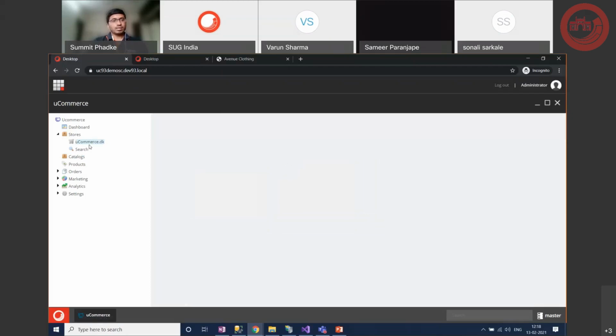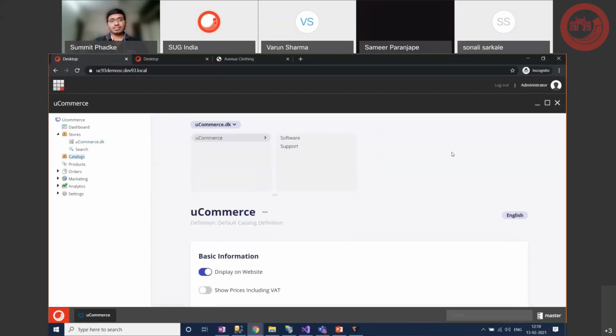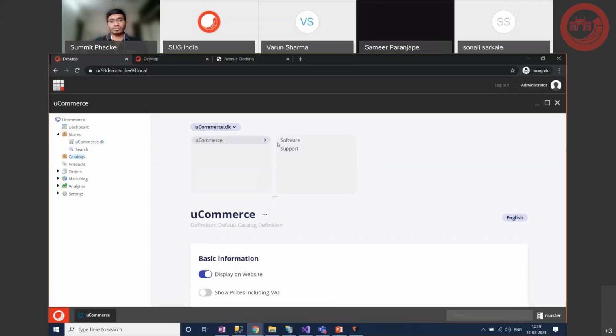So this is the catalog. If you go in here, this is the catalog that e-commerce gives you by default. Again, this is something that they have just given for reference. If we want to create a new catalog, for example, you can just right click in here and create a new catalog. I'm trying to right click. It's maybe slow or something, but yeah.